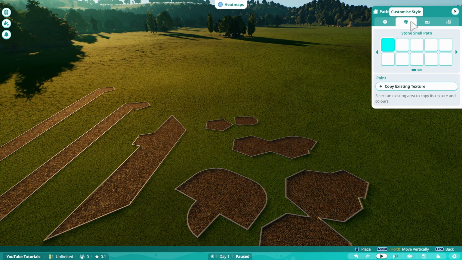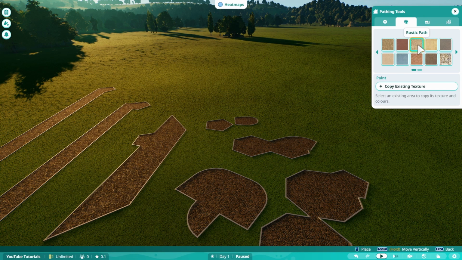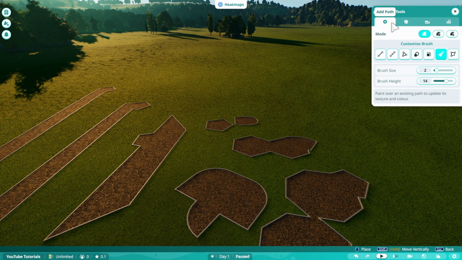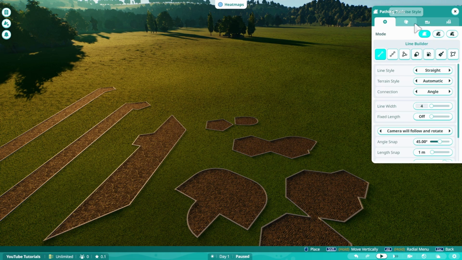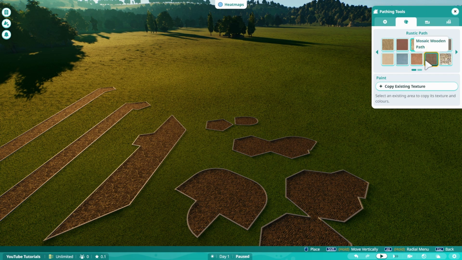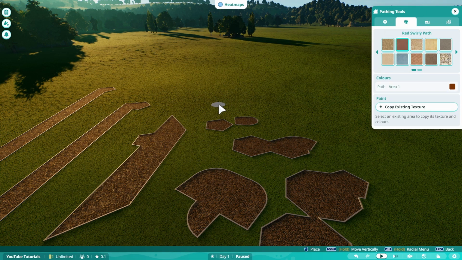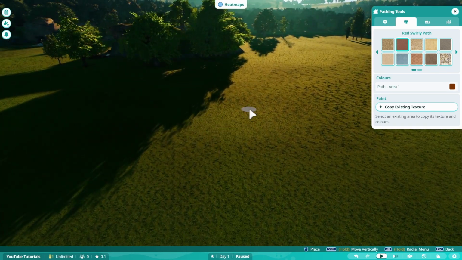Just bear with me. So we can copy the texture. We should be allowed to. Let's draw a different path with it of a different colour, just to demonstrate this. So that's a red path we've drawn there,